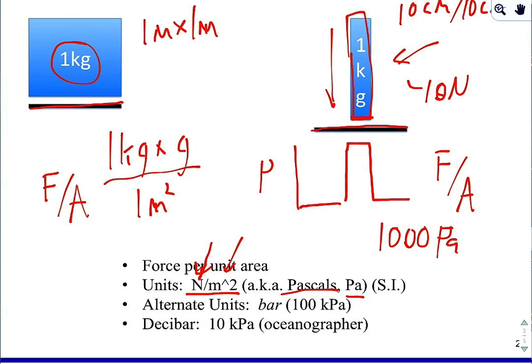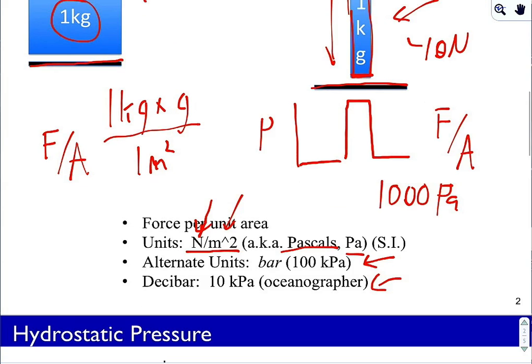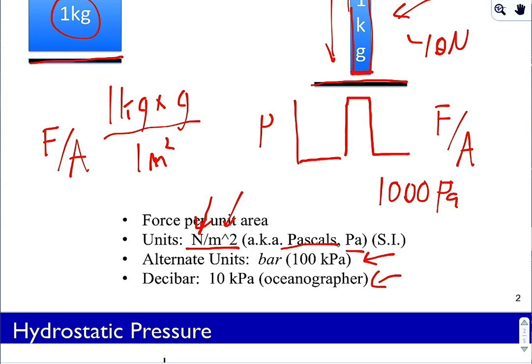Other units we'll see are a bar, and we'll see where that comes from, roughly 100 kPa, or a decibar, which is 10 kPa, or 10,000 pascals. Another thing to note is atmospheric pressure. The pressure of our entire atmosphere weighing down on us is roughly 101,325 pascals, I believe. So it's about 100 kPa. The atmosphere is pretty close to 1 bar, and that comes from the pressure of the mass of the atmosphere